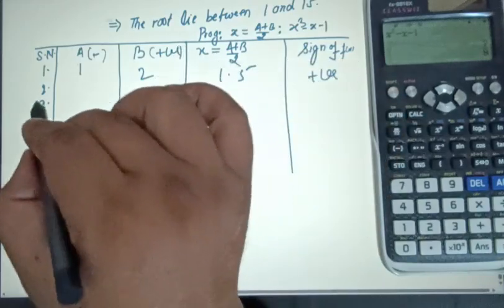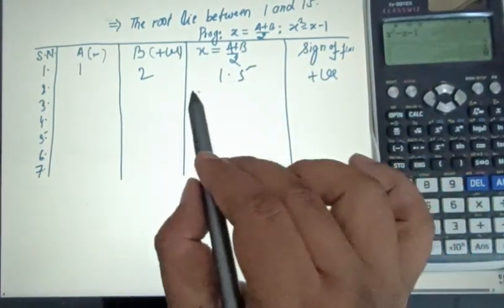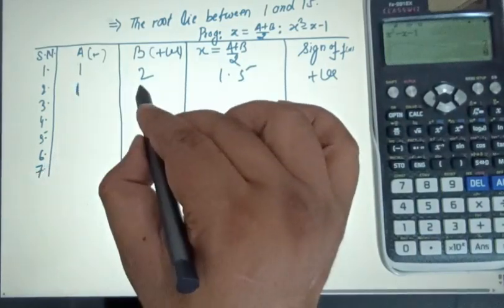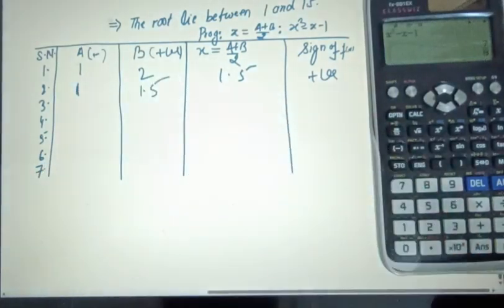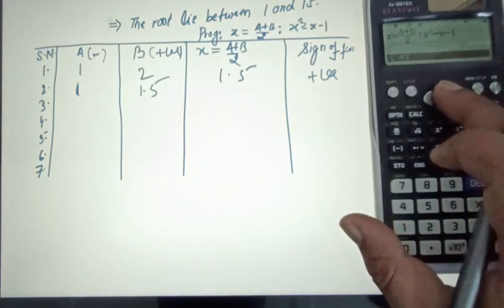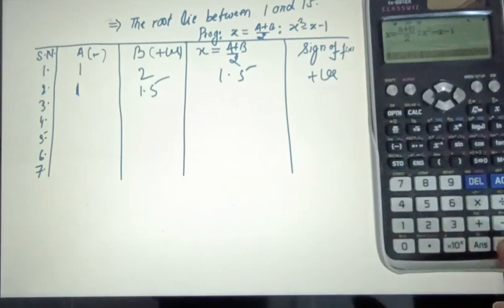So in the second iteration, which value will change? Obviously the value of b will change, right? So in the second iteration we will change the value of b, that is 1.5. And the work is very simple. Again press equal. No need to change the value of a. The value of a equals 1 is already displaying here. So I will press the upper arrow to change the value of b, then 1.5, then again press equal, and